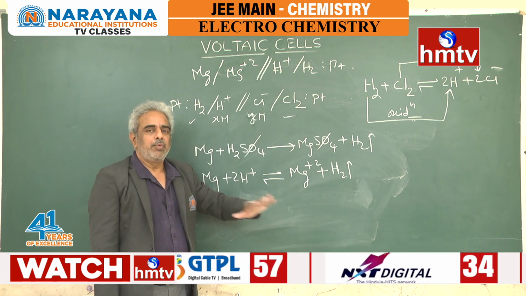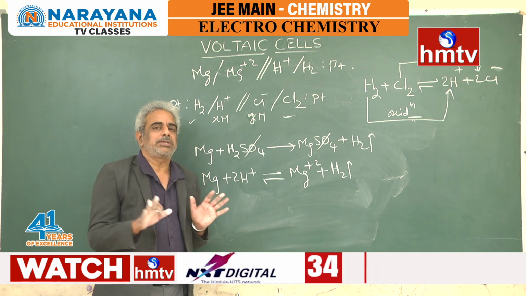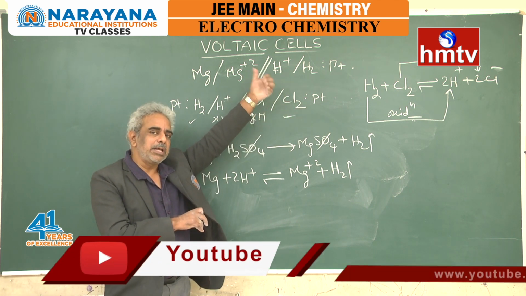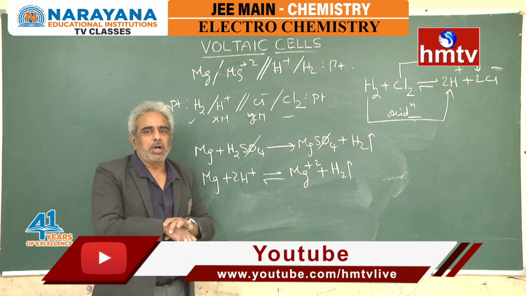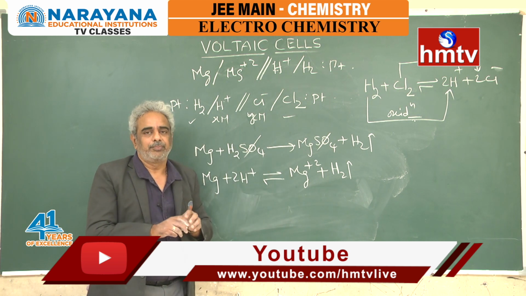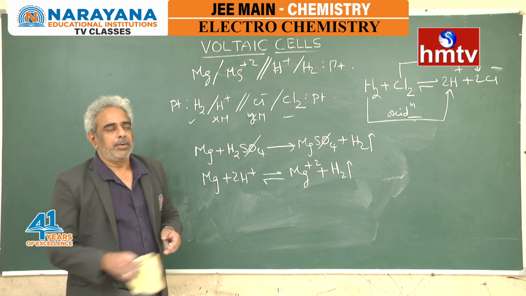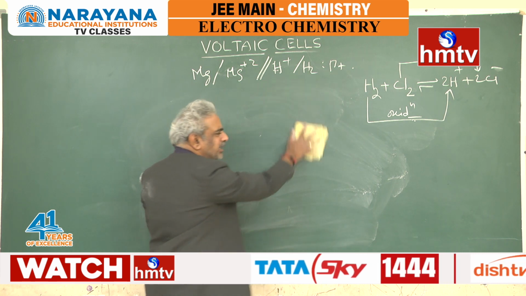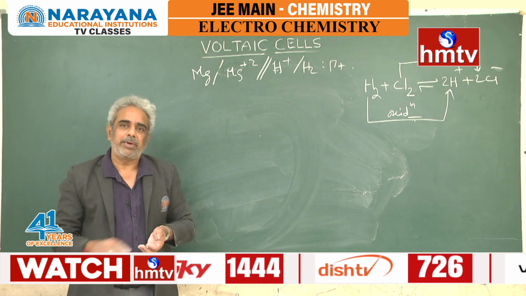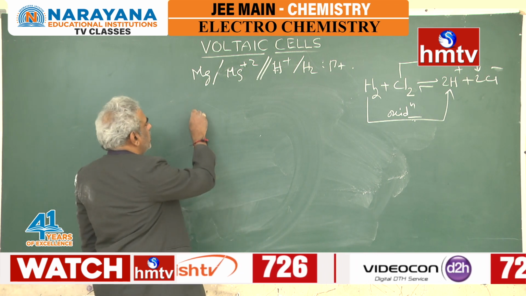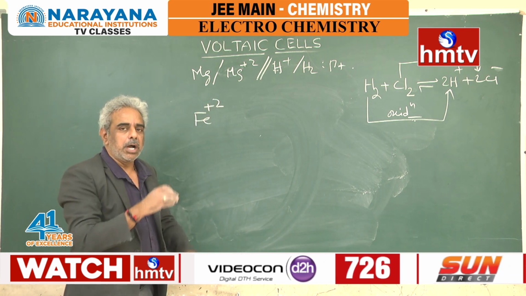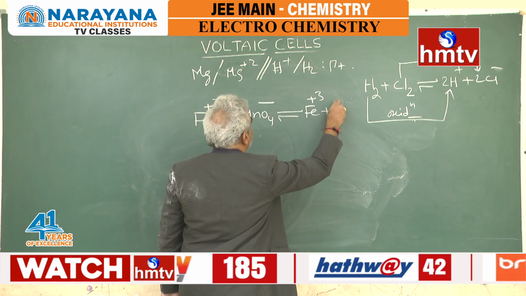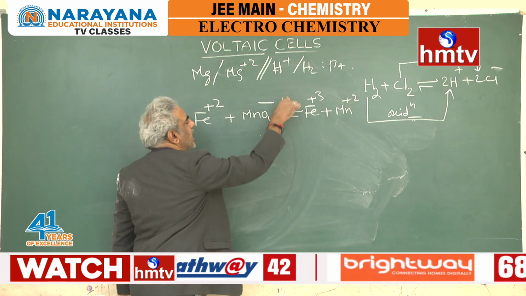So, this is how we can always represent all the redox reactions in the form of a cell notation. Given a cell notation also, we can represent the redox reaction concerned to that particular cell. But here the only important thing is you should be able to write the half reactions, the cell reaction, and the cell notation for everything. For example, you have ferrous ions oxidized by permanganate to form ferric ions and Mn2+, and this is happening in an acid medium.